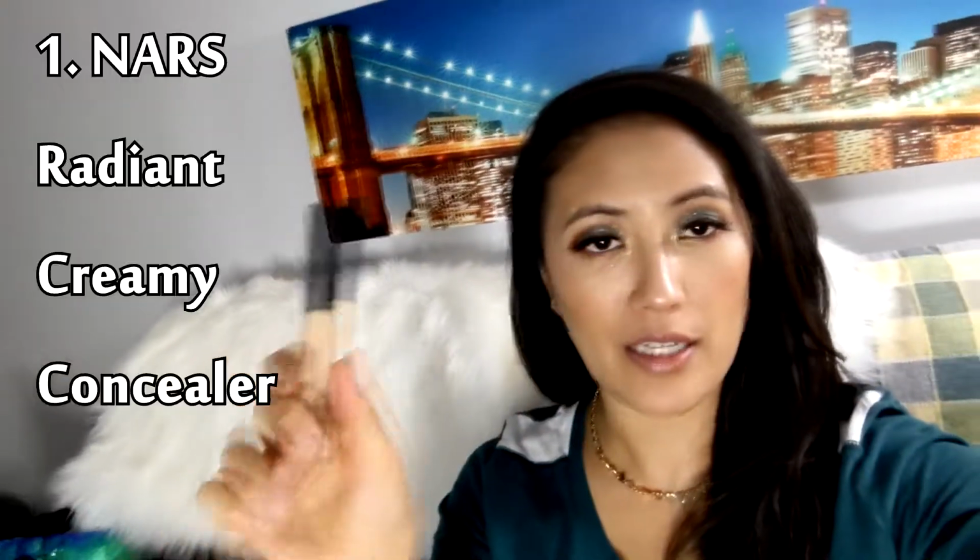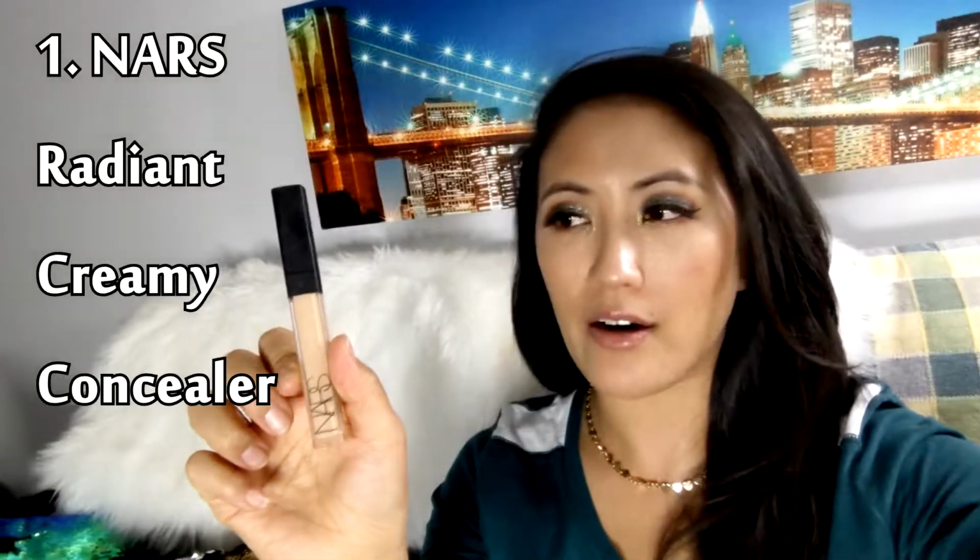It helps with the under eye if you have dry skin, if it's scaly. It works as a nice primer. Yeah, it's just all around a very good product. This is also a little pump, so if you are looking for a nice under eye cream, get this bad boy. The last product I wanted to share with you guys is by NARS, and I picked this up because